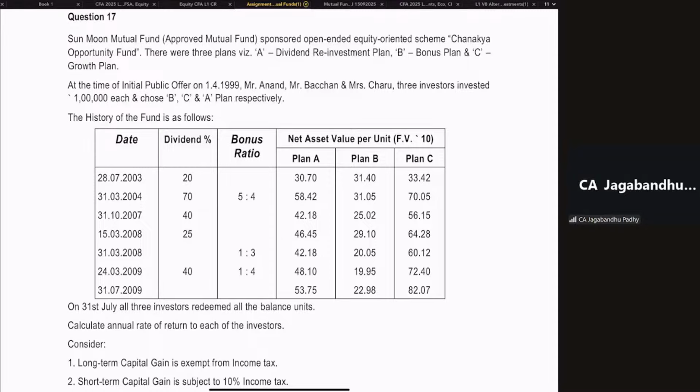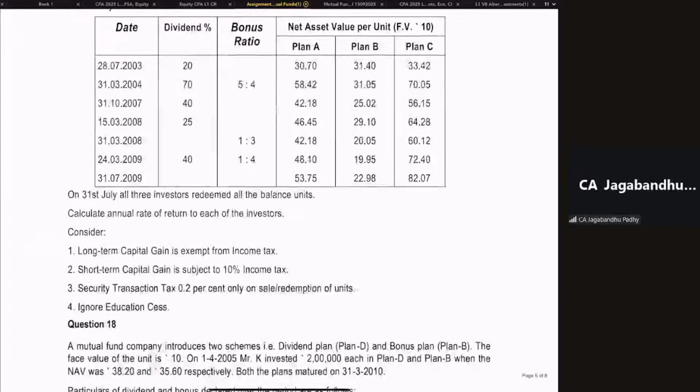Right. So at the time of the initial public offer, rather it should be the new fund offer, NFO, Mr. Anand, Bachchan and Charu, three investors, invested in Plans B, C, and A. And the history of the fund is given. Then on 31st of July, all three investors redeemed all balance units. So you have to calculate the annualized rate of return for each of the investors